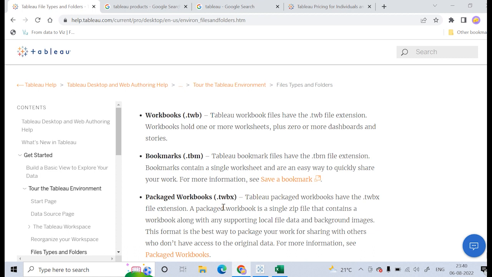Now you have Tableau bookmarks, which are saved with the .tbm extension, and this is basically a single worksheet. So a workbook will consist of various worksheets, and if you want to bookmark a worksheet, each one can be saved as .tbm